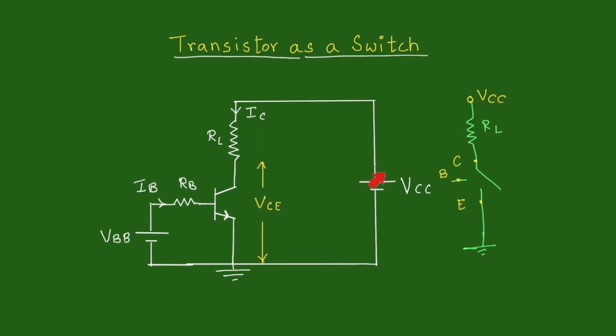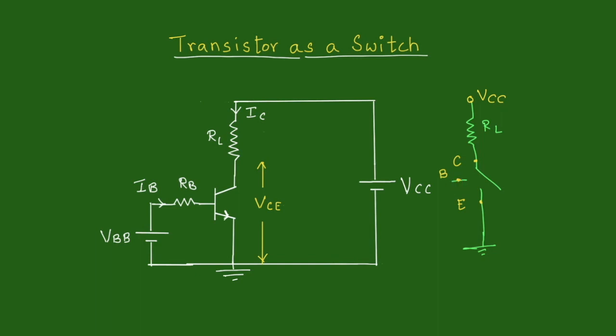From the positive terminal of VCC to ground, our circuit appears the way it is shown here. We have a load resistance connected to the collector of the transistor. Between collector and emitter is going to be our switch, and the emitter then is connected to ground. The on and off action of this particular switch will be controlled by the signal on the base terminal of